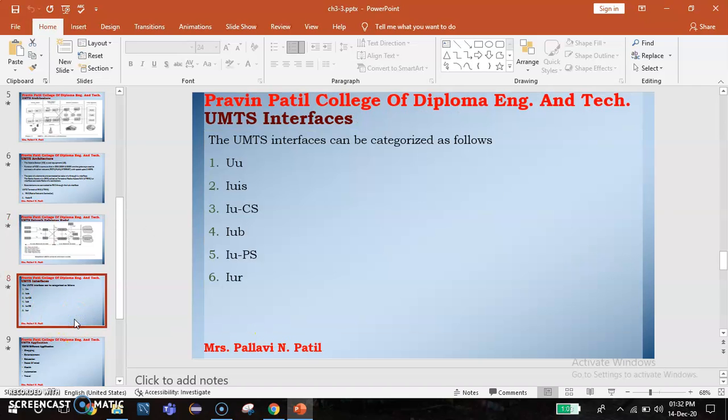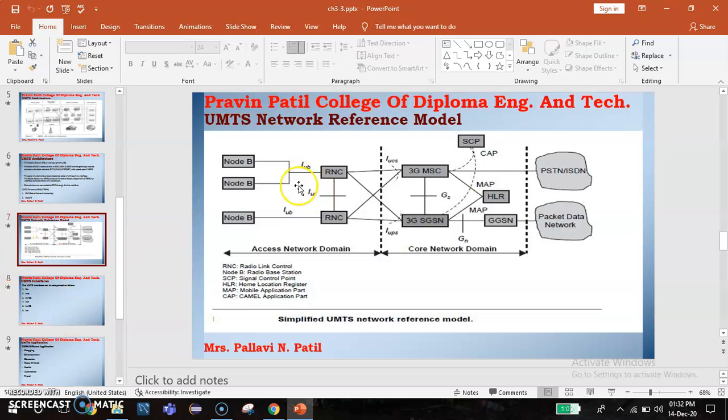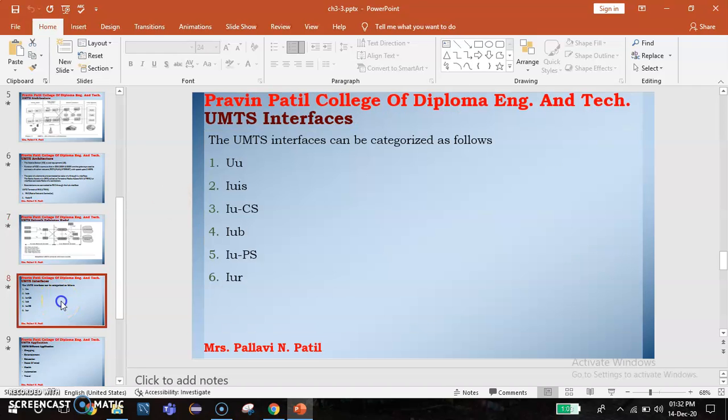The first is Uu. It is the interface between the user equipment and the network. This is the Uu. It is the first interface, between the user equipment and the network. That is the UMTS air interface. The equivalent interface in the GSM GPRS network is the Um interface. The next